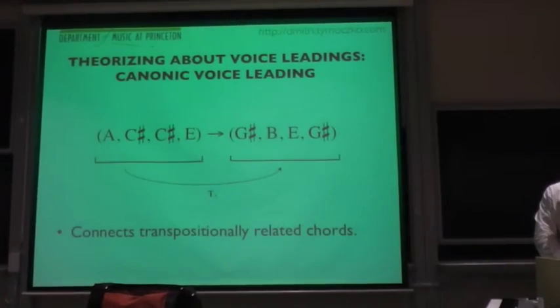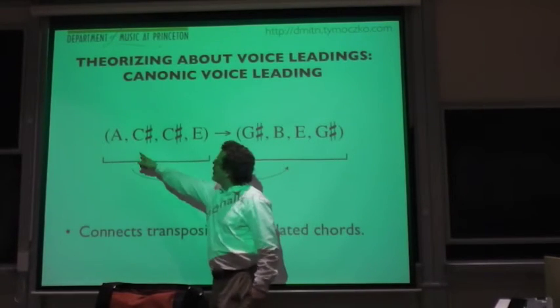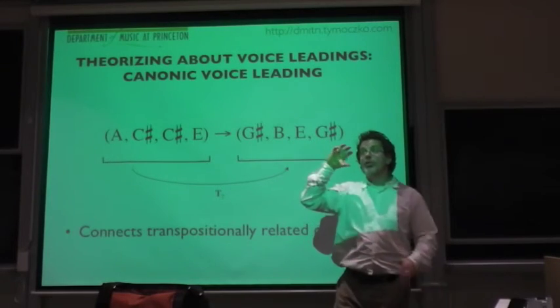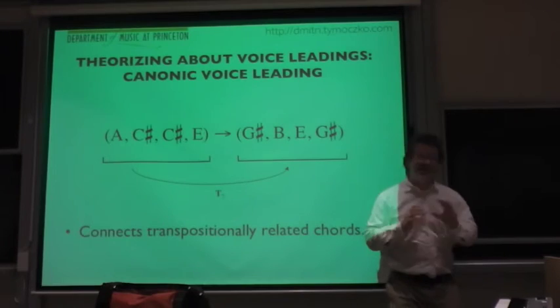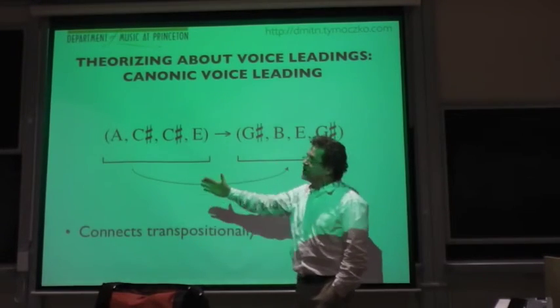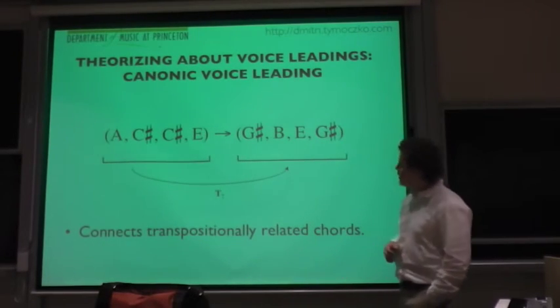A canonic voice leading is a voice leading that connects 2 chords that musicians call transpositionally related. That means they project down to a set of points on the circle that are related by rotation. That means they sound similar. So major chords are all transpositionally related. They're all related by rotation on the pitch class circle. Okay, so